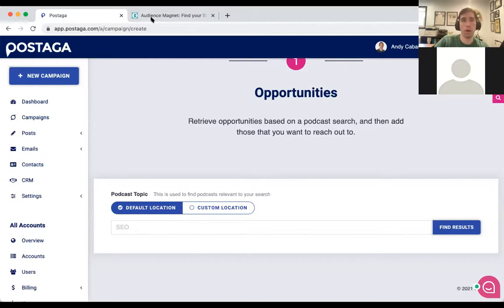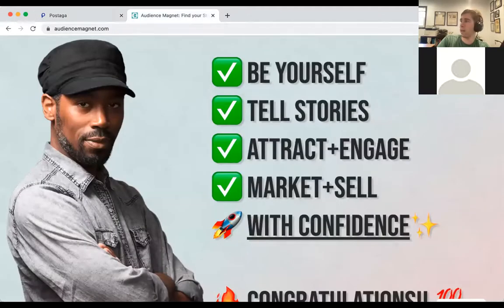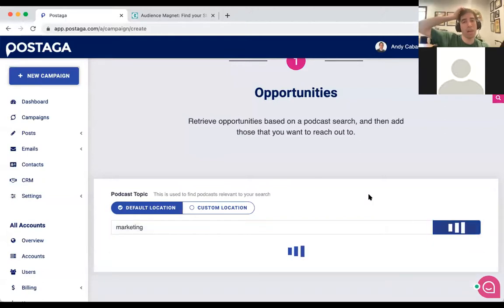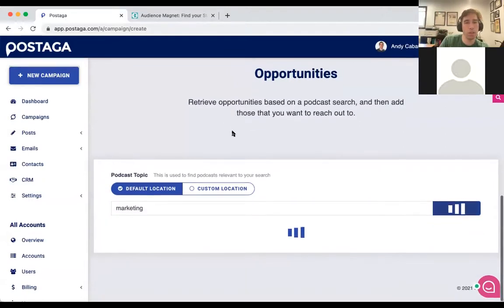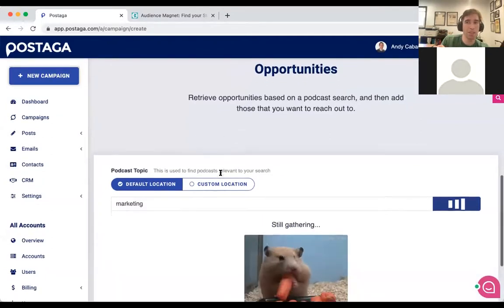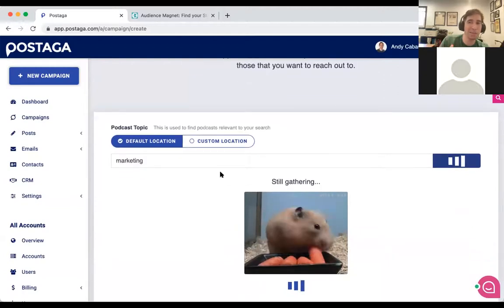So for Audience Magnet here, we're looking at certain podcasts, and Dennis wants to get on marketing podcasts. So I just search for marketing as a topic, and now Postaga is going to give me marketing podcasts. In particular, it's going to give me marketing podcasts that are still active. And that's important because